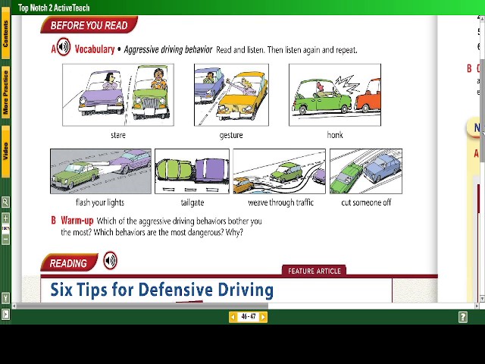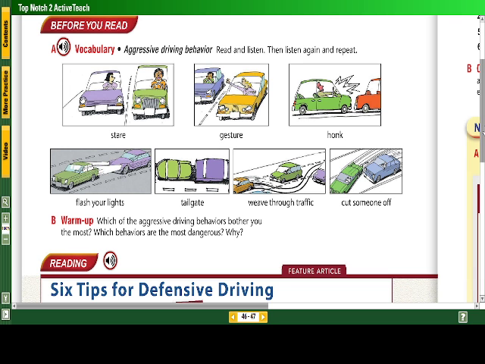Honk is when you start pressing your horn so much to indicate to another driver to hurry up. Flash your lights is when you turn on and off your lights. Tailgate is when you're driving so close to the tail of another car. It could cause accidents sometimes.